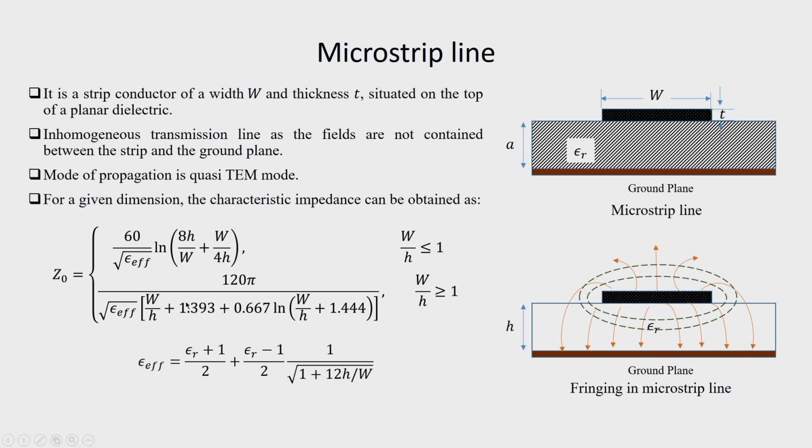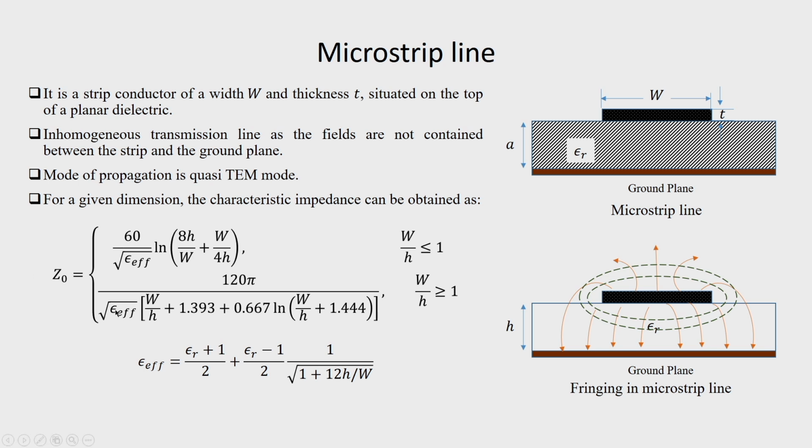And please note that these equations are derived through curve fitting of experimentally gathered data, and these expressions are quite standardized now. Now, this equation that we have seen is the analysis equation. This means, given w, h and epsilon r, please note that we are assuming the thickness to be very small, to be neglected, t is almost 0, we can find out what will be the characteristic impedance